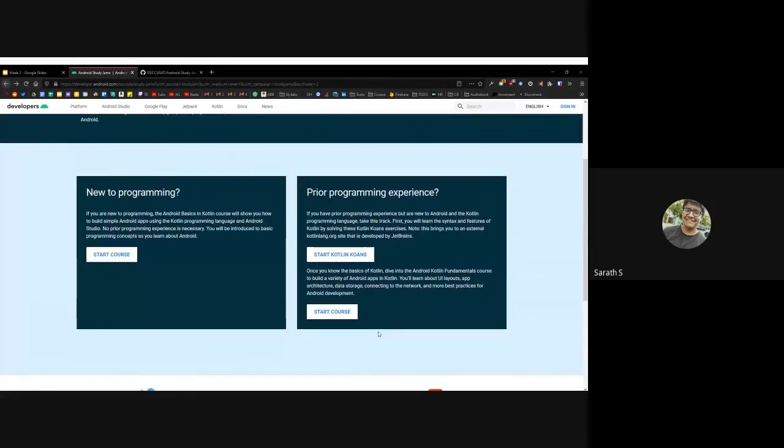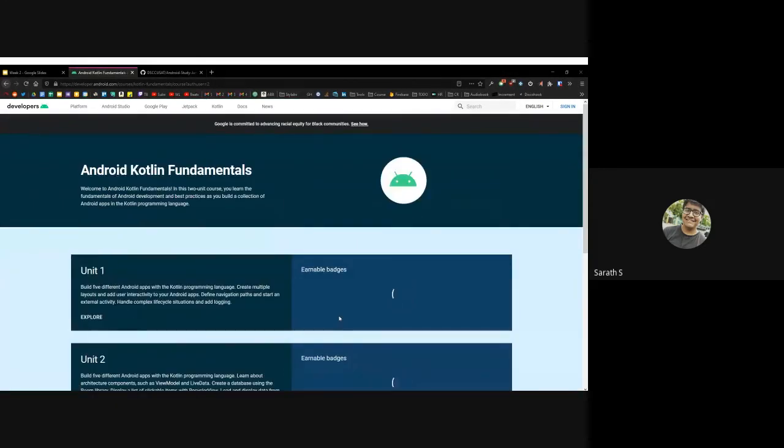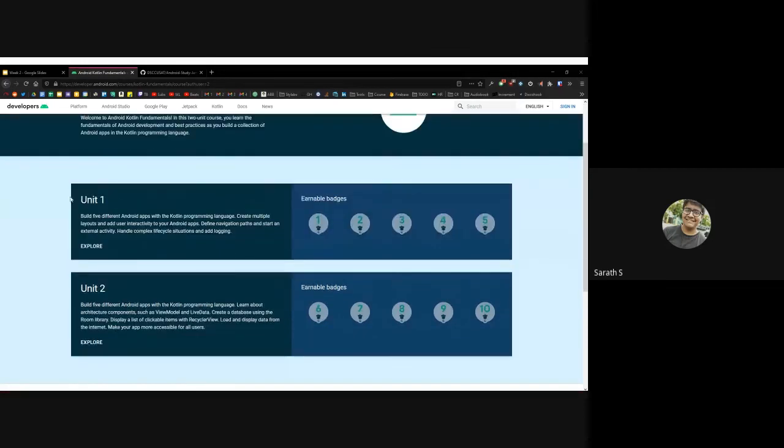So just complete the prior programming experience, and try to make your own app. That's the main part. What you need is practical experience more than theory. Just need to know what's used in your app, right? So try to complete unit 1 as soon as possible, and we'll be looking at unit 2 in the next session, and we'll be doing live coding as well.